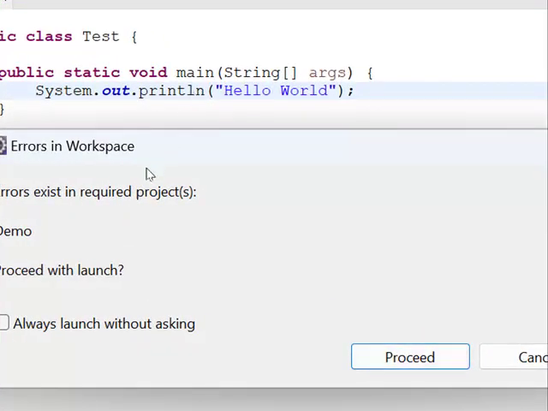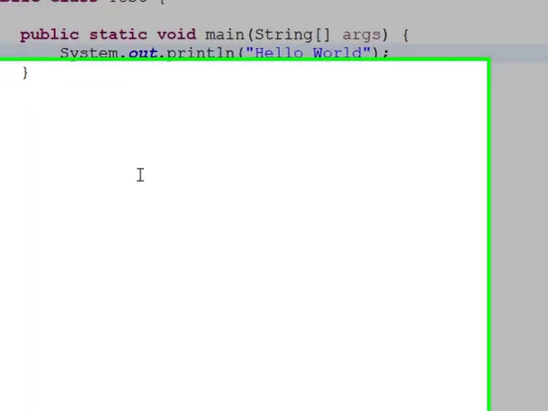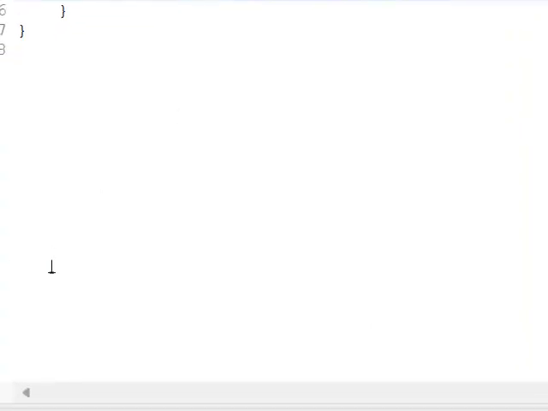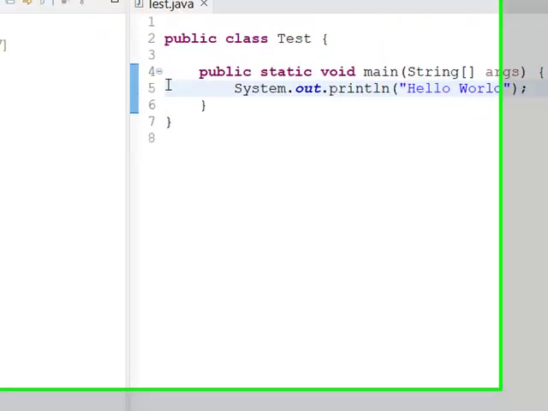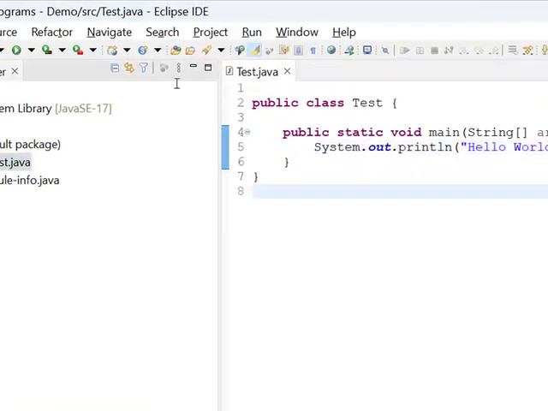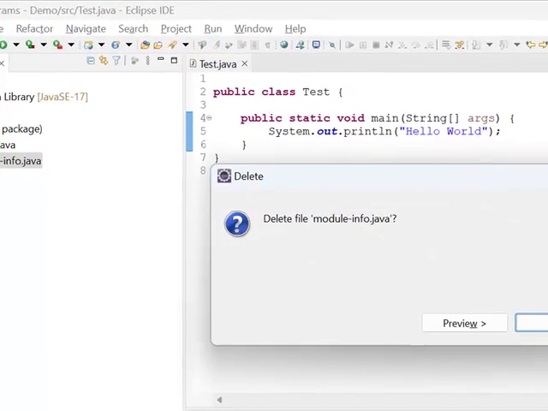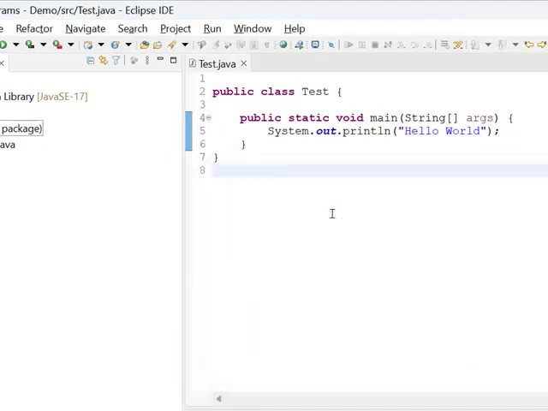And it says demo not found. Where is the modular demo? We don't need this. Remove this. Delete it. Not needed. So right click on the main file, run as Java application, and Hello World. How was that? Okay, so I have shown you all entire end to